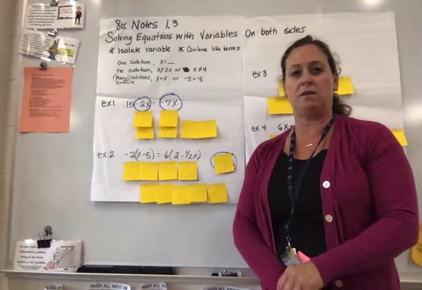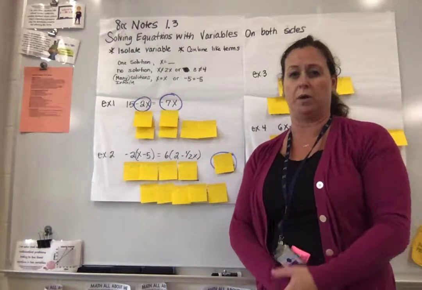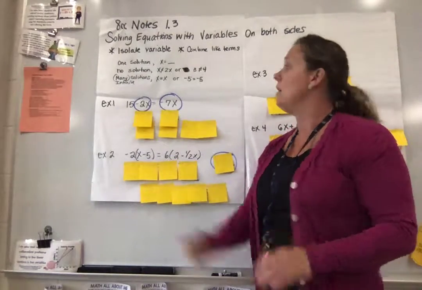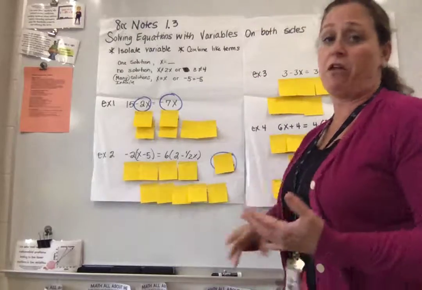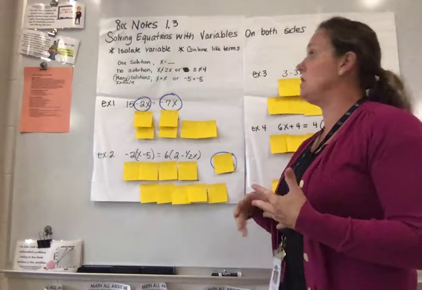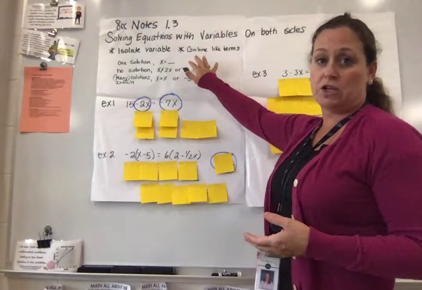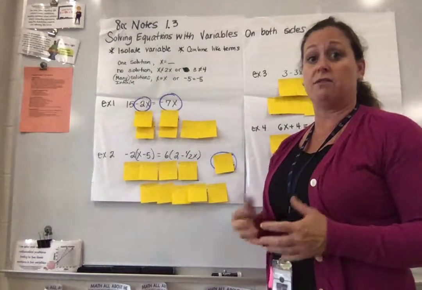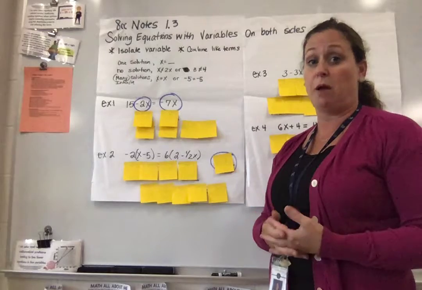Everybody, we're going to take notes on the 8th grade Common Core lesson 1.3. We're going to be solving equations with variables on both sides of the equal sign. When we're solving them, we're still going to follow the same rules as when we were solving 1 and 2 step equations. We're going to be combining like terms, and then we're going to be isolating the variable. Prior to combining like terms, if there's anything that needs to be done with the distributive property, it must be